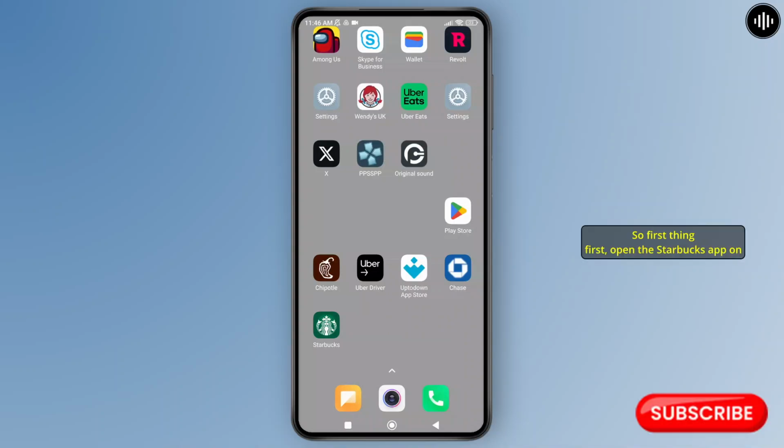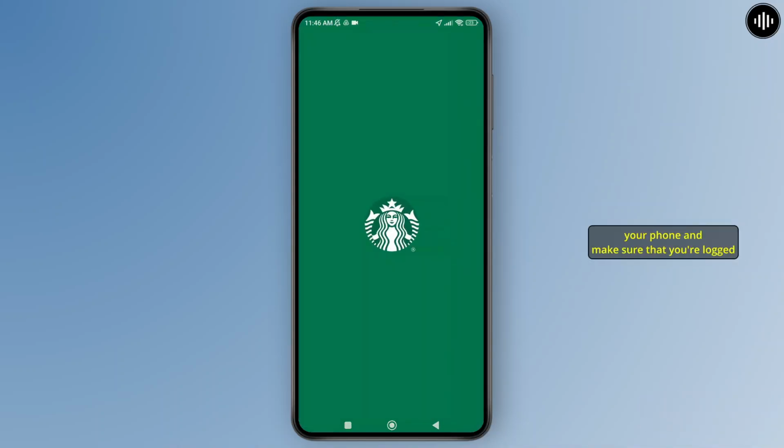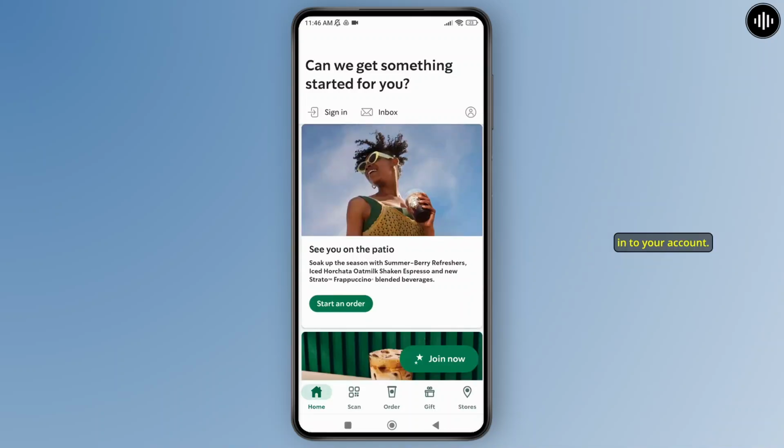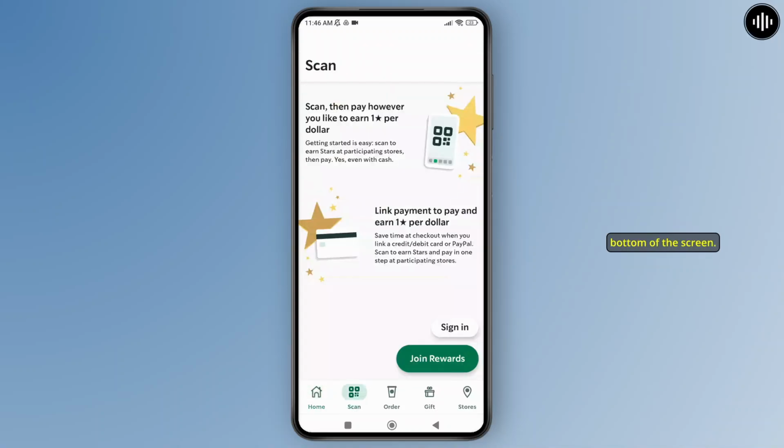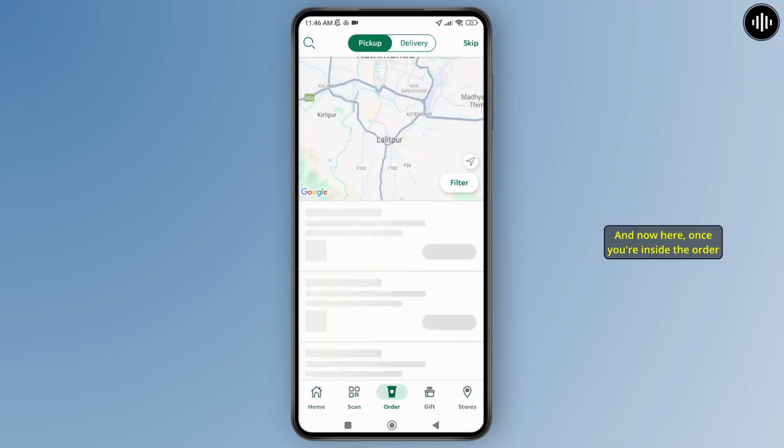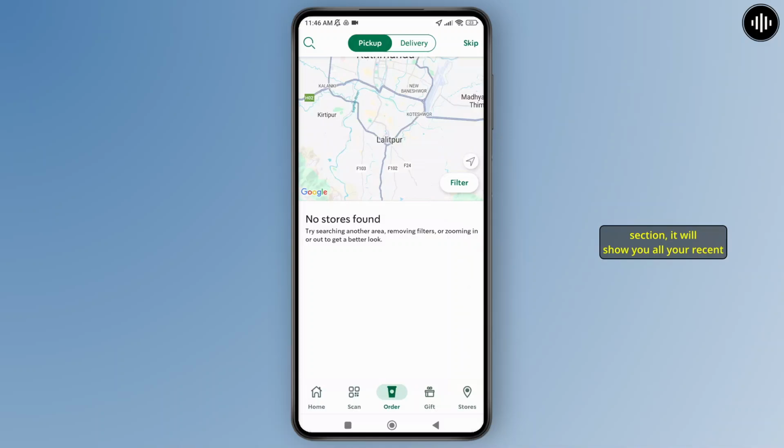So first things first, open the Starbucks app on your phone and make sure that you're logged in to your account. And now here, once you're inside the app, you can just tap on the orders tab at the bottom of the screen. And now here, once you're inside the order section, it will show you all your recent orders